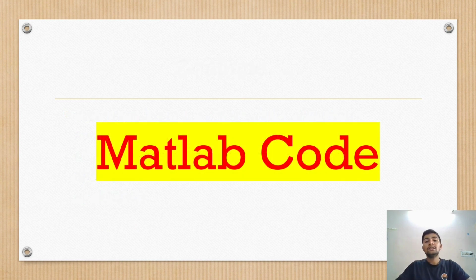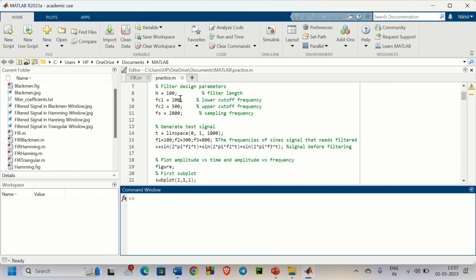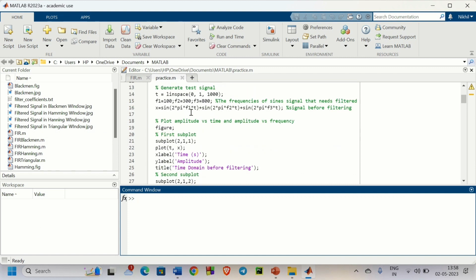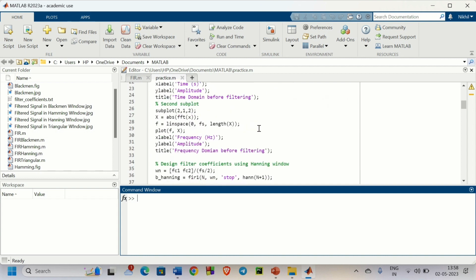Now we will see our MATLAB code. This is our MATLAB code. In this code, here I selected some parameters n equal to 100, fc1 equal to 200, fc2 equal to 500, fs equal to 2000. Here I generate a test signal of frequency selecting 100 Hz, 300 Hz and 800 Hz. Here I using plot function to draw amplitude versus time and amplitude versus frequency for our test signal. After then